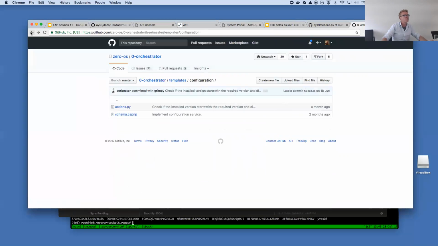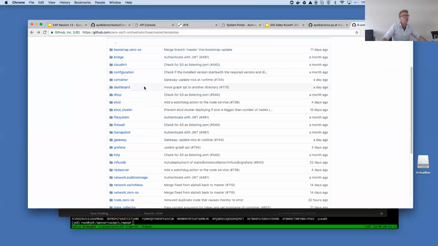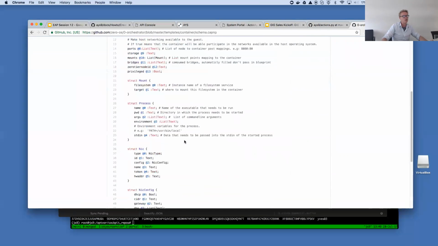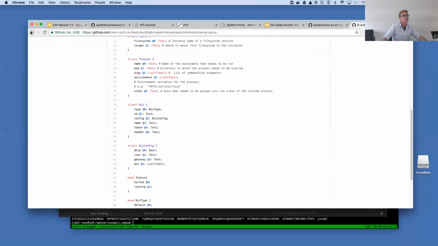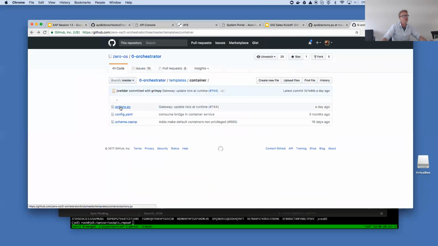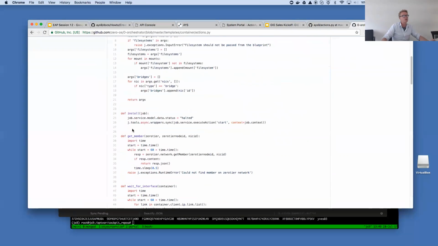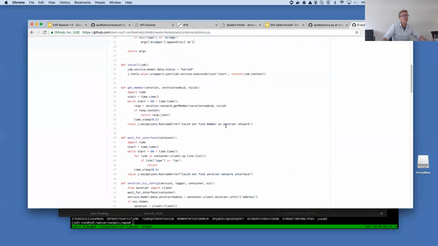Yeah? But for instance, the more sophisticated ones are like the container. The container also takes parameters, a lot of parameters specific to the working of a container. And again, there is code for doing the actual installation, for doing everything. Now remember, and I should visualize that in the picture, this is a container template or an AYS service template